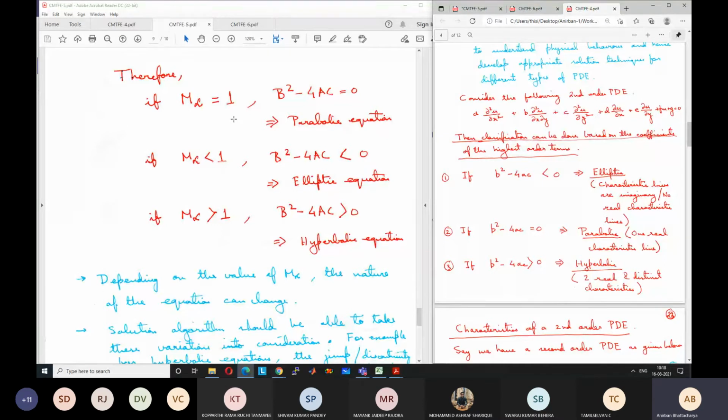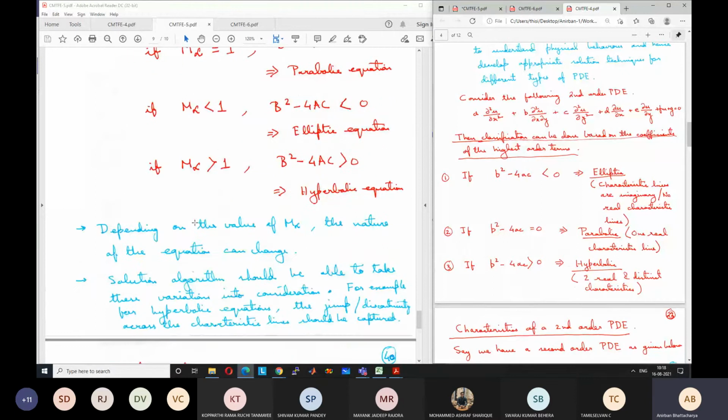And at least we can guess, based on our knowledge, that for a hyperbolic equation, when the speed is greater than speed of sound, any information cannot travel upstream. The information still travels at the speed of sound, right? So that's why only a limited region gets influenced, and what we have discussed just before. So that hyperbolic nature of flow, or hyperbolic nature of behavior, comes into the picture.